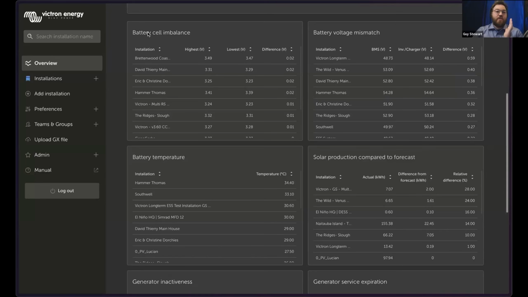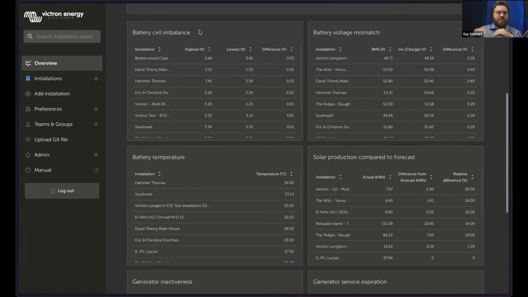Now, one that's actually settled down quite nicely, I'm hearing less and less issues about it these days, but for a while I was hearing a lot, was cell balance imbalances. As people's systems inside VRM become more and more lithium dominated, and as lithium battery manufacturers are figuring out how they manage what is actually a very natural process, which is that over time, the cells inside a lithium battery drift in and out of balance, and the battery itself has to manage to bring them back into balance one way or the other.